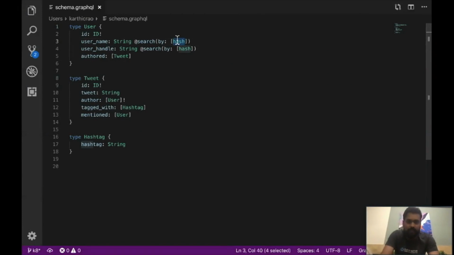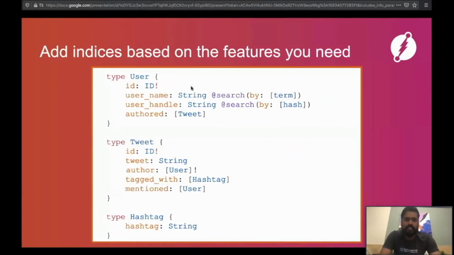Okay, just come back, edit the index, resubmit the schema, and now you should be able to search just by using user's first or last name or any of the terms in user's name. And similarly, dgraph offers a variety of indices, and it's very simple. Every time you need to add a new product feature, come back, add a new database index to your GraphQL types, and resubmit it, and dgraph rebuilds the index live. There's no need to even restart the server,